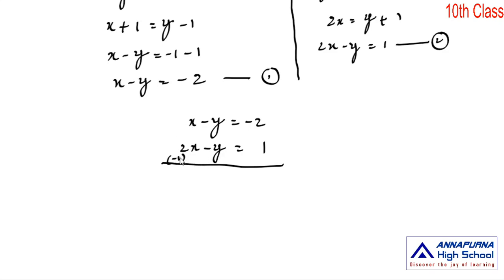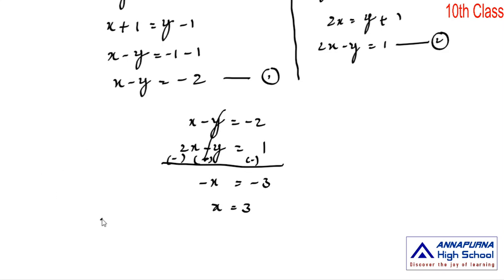So that's why here I change the signs of the second equation. The sign of the first term is plus, it becomes minus, and the second term is minus, it becomes plus, and the constant term sign is plus, so it becomes minus. Okay, now simplify this. x minus 2x is equal to minus x, plus y minus y cancel, minus 2 minus 1 is equal to minus 3. So when you cancel minus on both sides, then x is equal to 3.